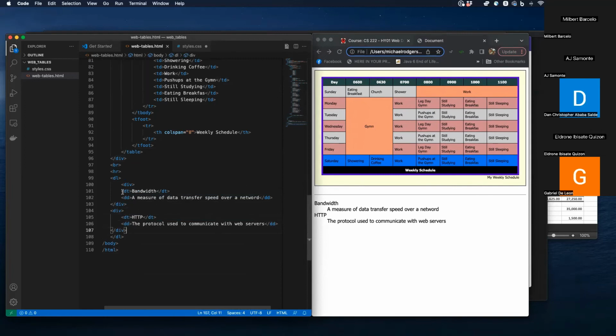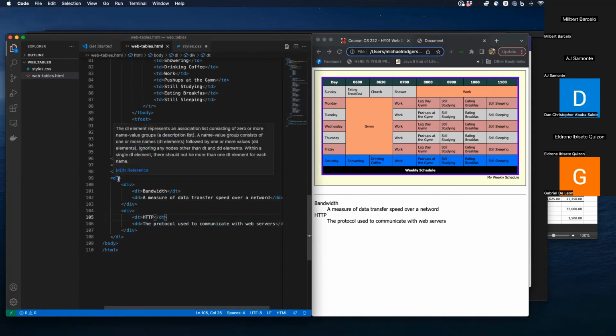And overall, when you look at that code, it's not really going to make a lot of sense on the page. It's going to look pretty much the same,